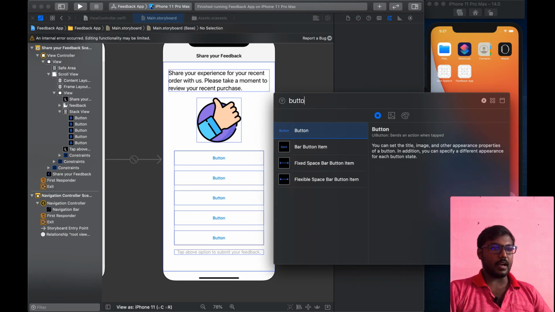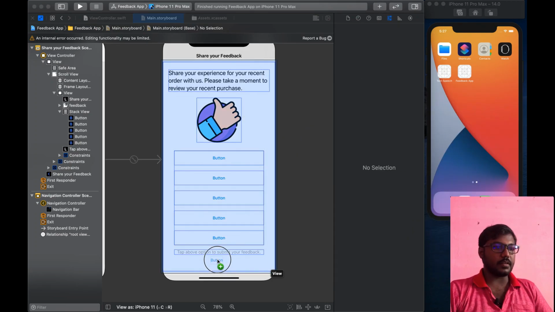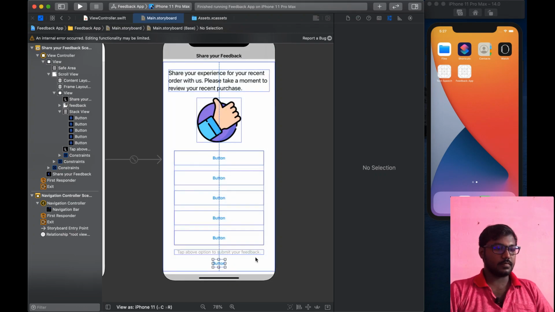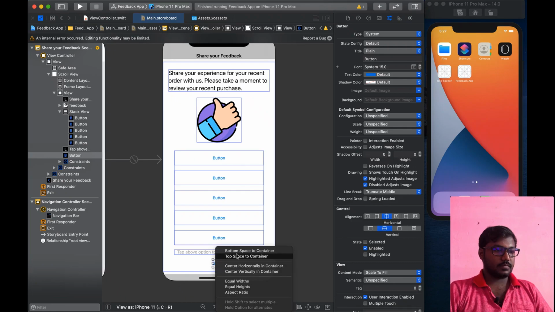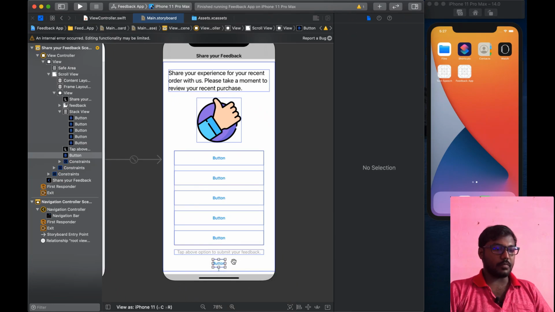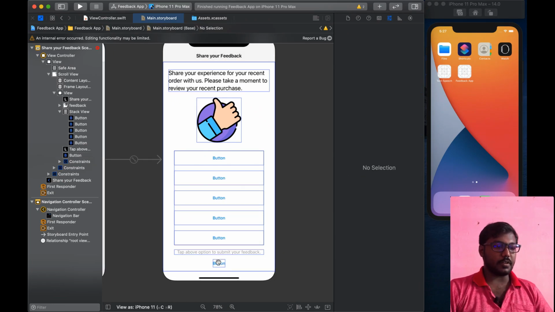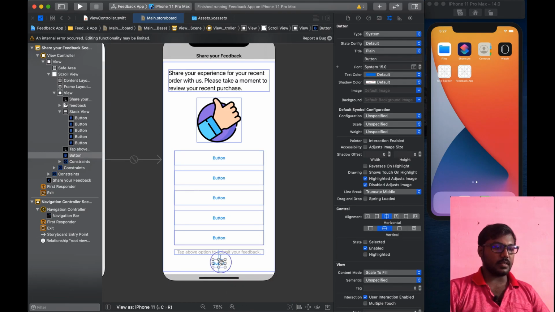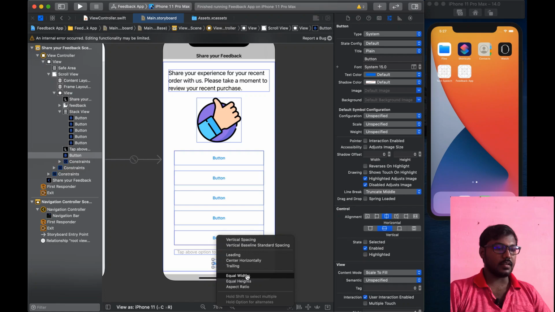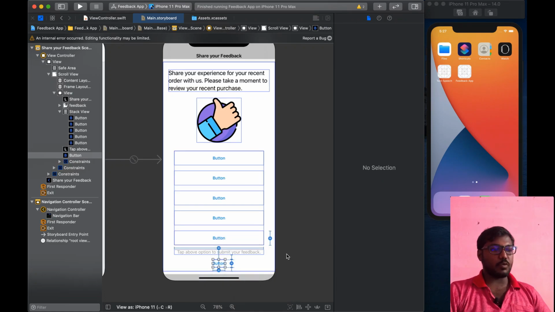Then add another button, which is the submit button. Now I am setting the bottom constraint for the submit button. Then I set the button's vertical space and horizontal constraints based on the top note label, and the width and height based on the stack view button.